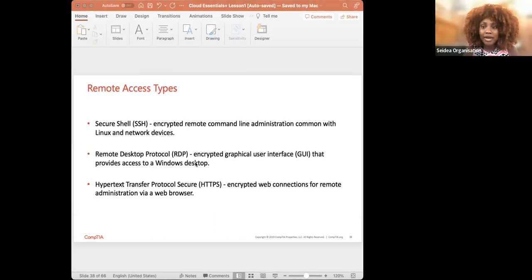Now, when we're going into the final one, which is hypertext transfer protocol secure, or what we know as HTTPS, it's a secure version of HTTP. So it's used for secure communication over a computer network within a web browser. And that is because it's encrypting the data being sent and received, using secure remote administration via a web browser. So I would say, if we want to look at an analogy for this,